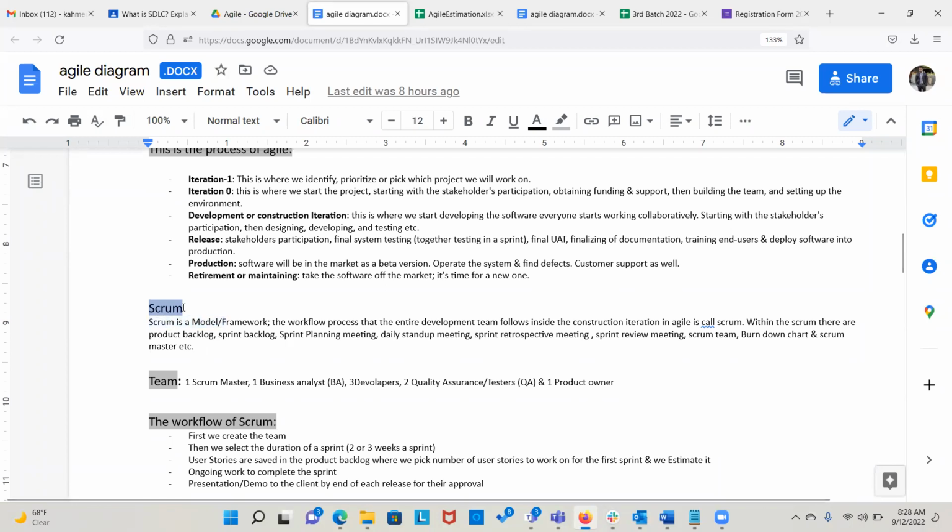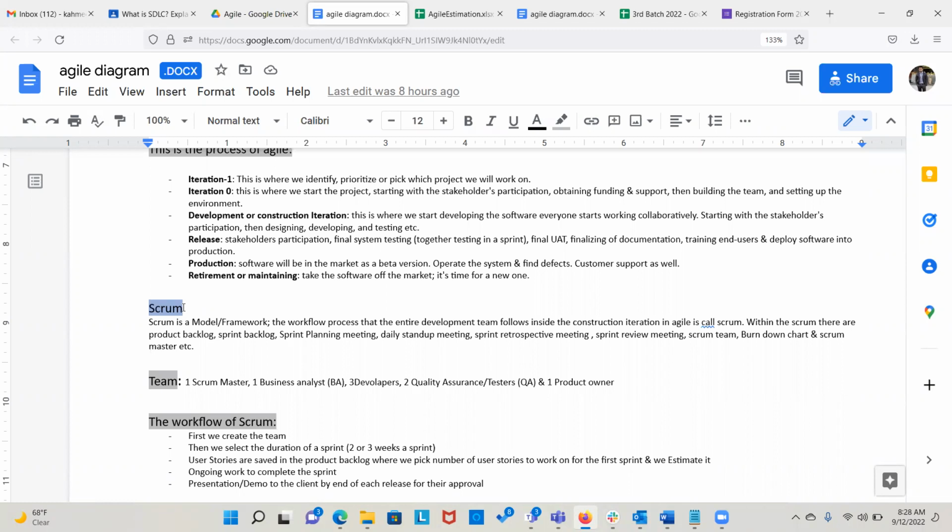So within Agile there are different models as well, different frameworks people use, but Scrum is the most popular one that everybody uses. Just like Agile is the popular one in SDLC, Scrum is the most popular framework in Agile. So what is Scrum? Scrum is a workflow. It's a process that the entire team follows